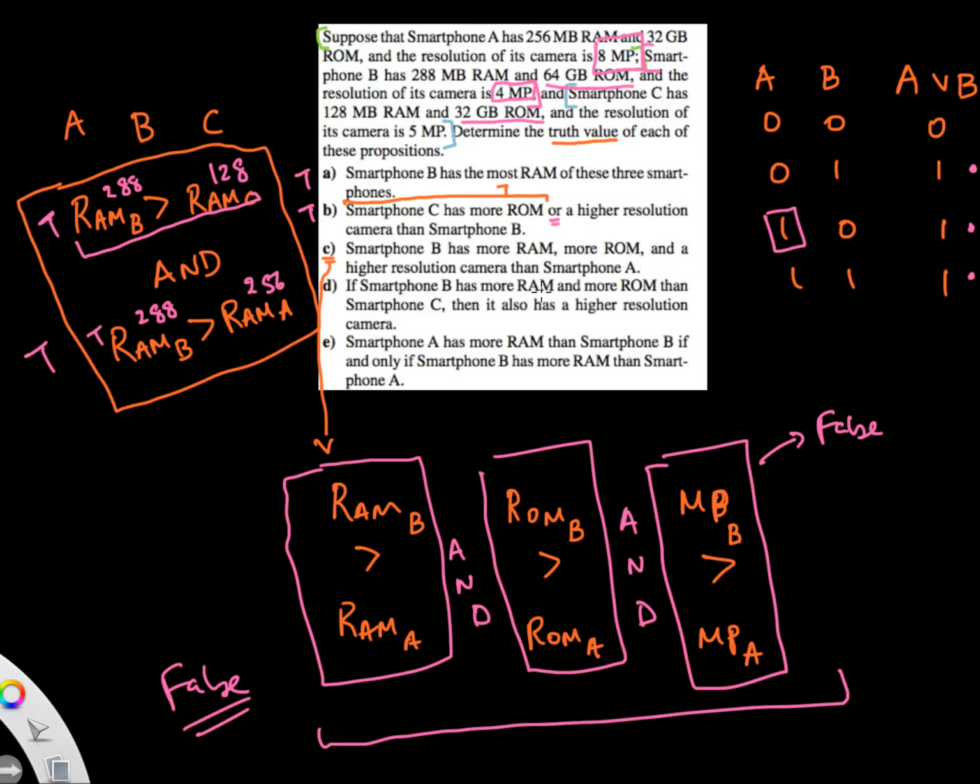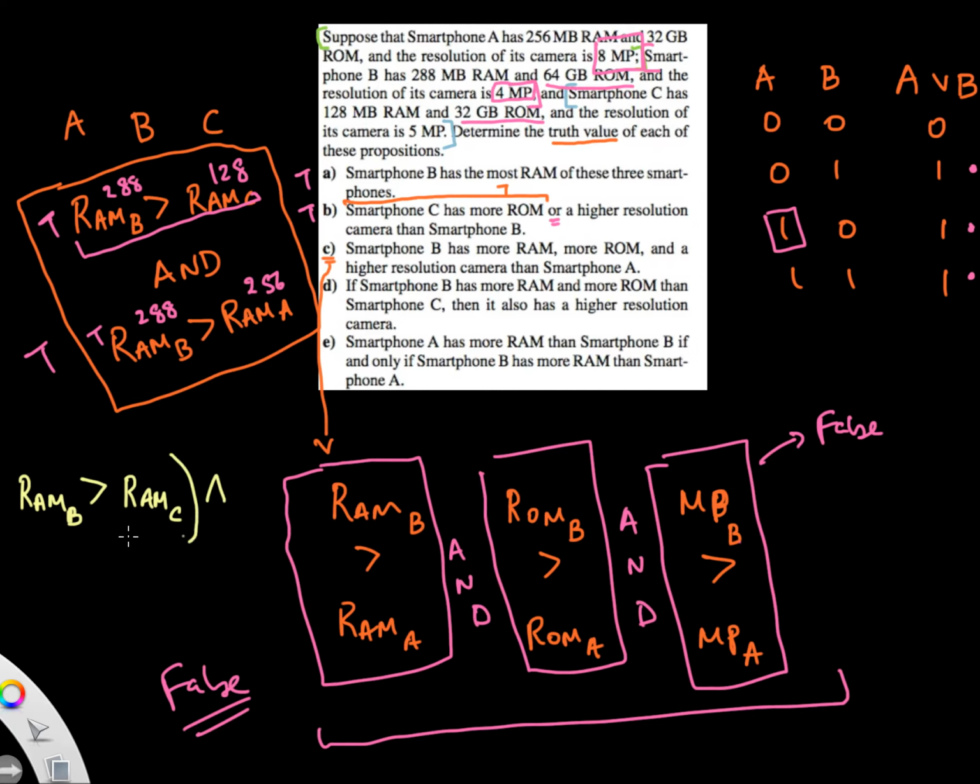Let's look at part D here. Smartphone B has more RAM and more ROM than smartphone C, then it also has a higher resolution camera. Okay, so let's look at this again. Smartphone B has more RAM and more ROM than smartphone C. So the RAM for smartphone B happens to be greater than the RAM for smartphone C, and